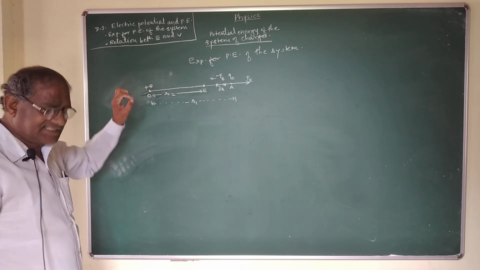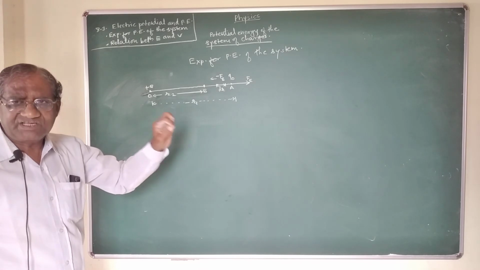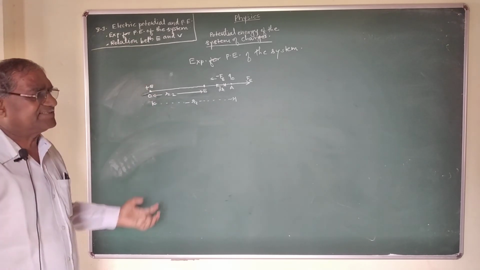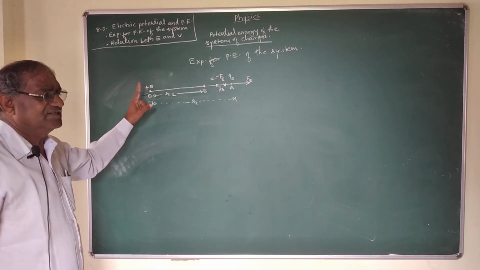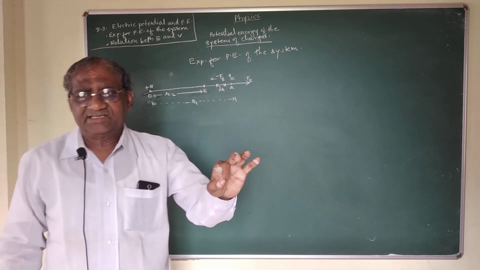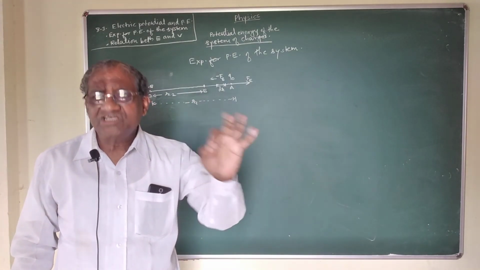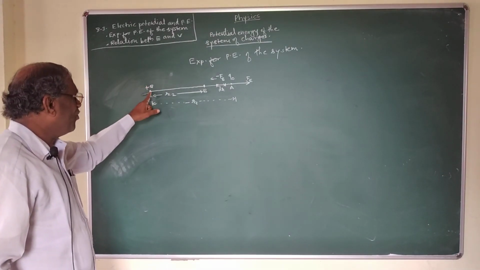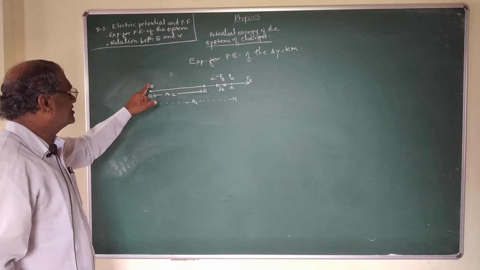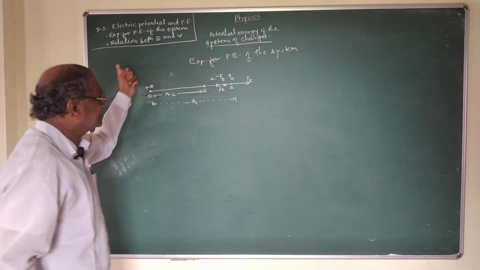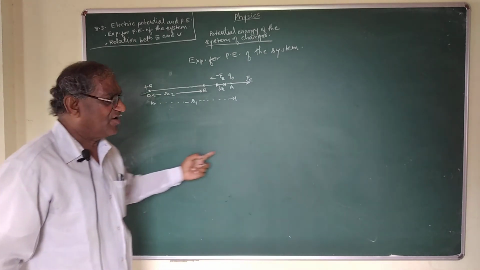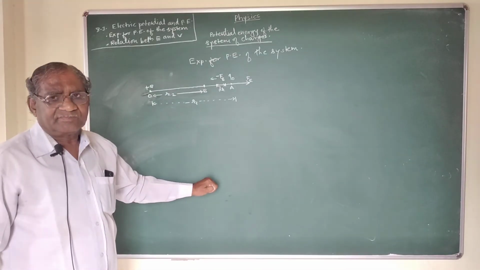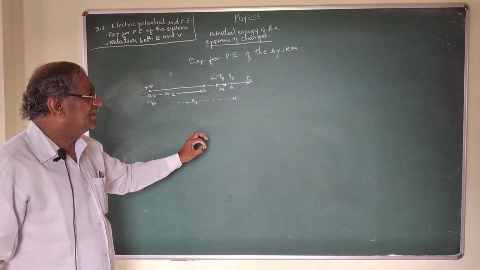This point charge plus Q is situated at point O, the source of the electric field. Let the positively charged plus Q be placed in the surrounding space at point O. Naturally, this plus Q charge at point O produces an electric field in the surrounding medium. Now, we have to find the change in potential energy